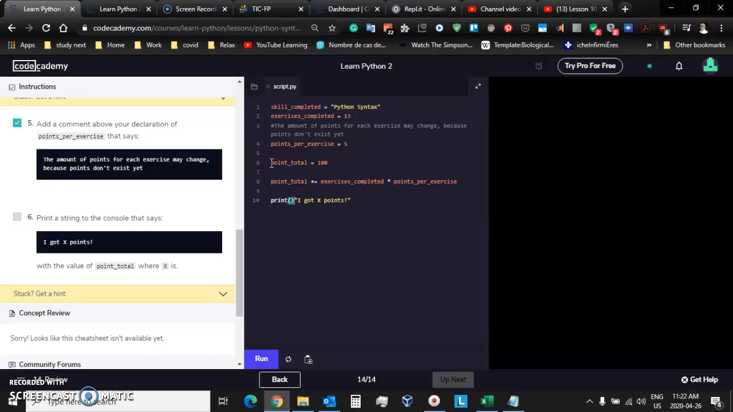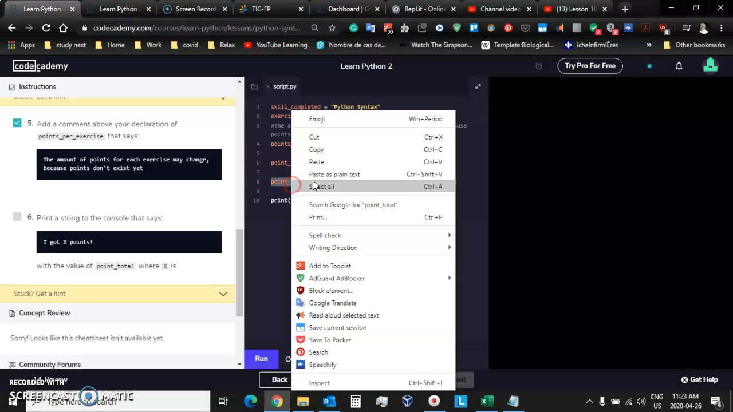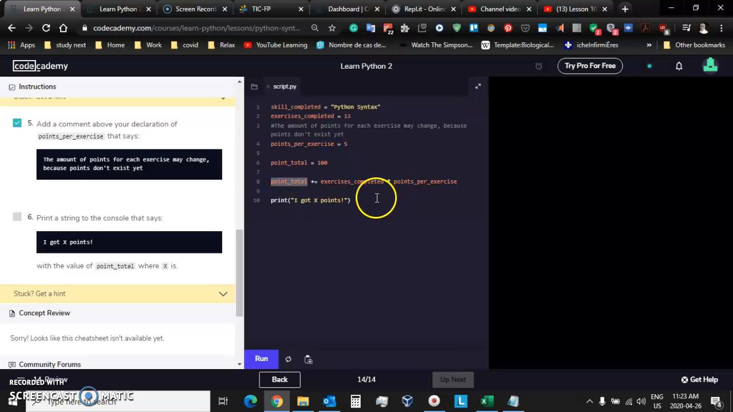So let's put that inside the brackets. Okay, so that is what we are going to print. However, X should be total points. So I'm going to replace X with total points. Now, in order to do this, okay,